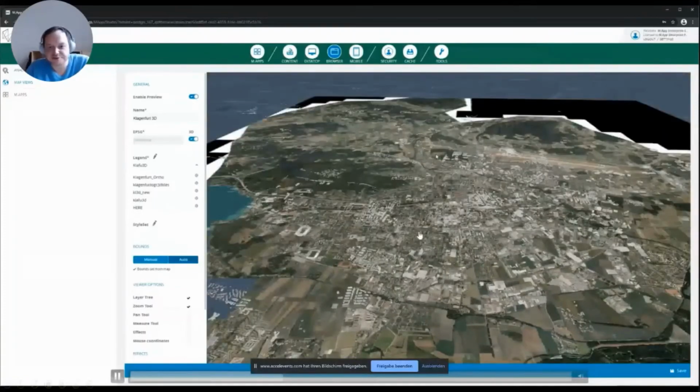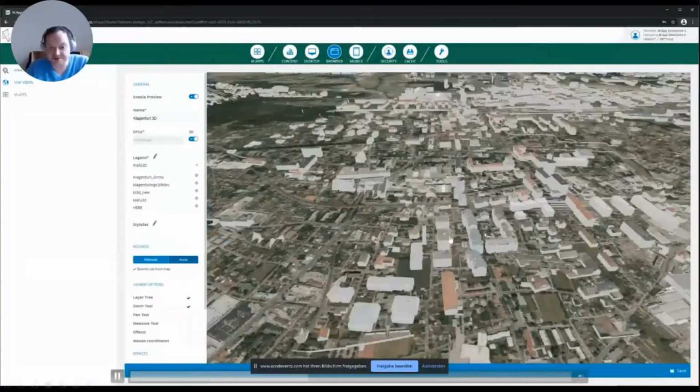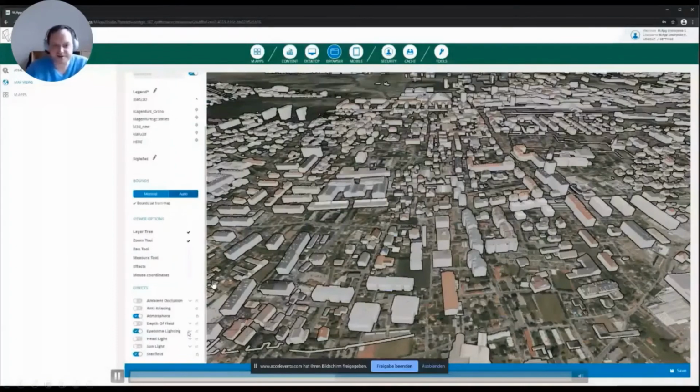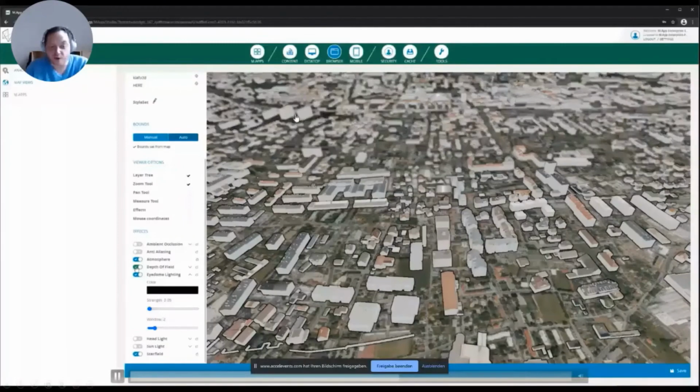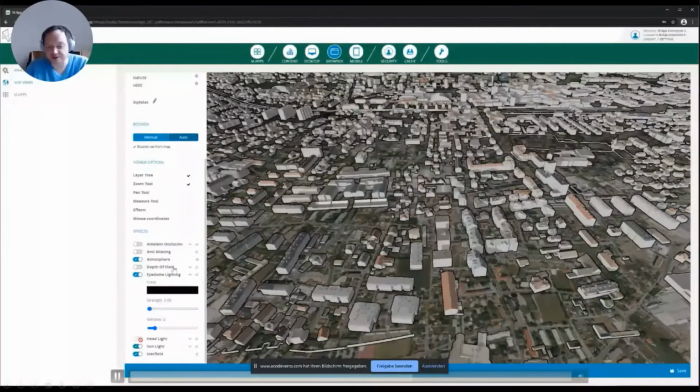So as you have seen, we have just created the legend. And now I can do some detail settings. So the administrator already can define, for example, he wants to enlarge the 3D experience. He can, for example, define a depth of field, so getting blur in the background, to make it more realistic. Or he says, I want to do a sunlight or shadow analytics.